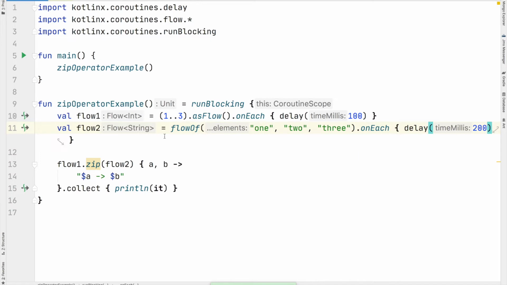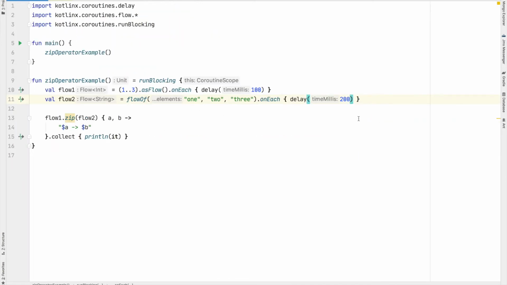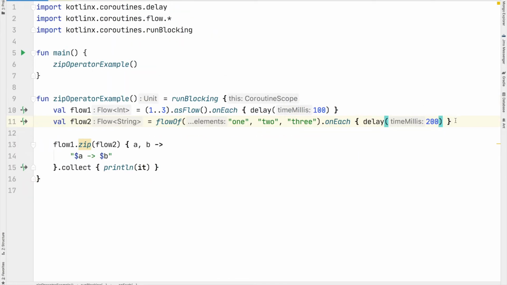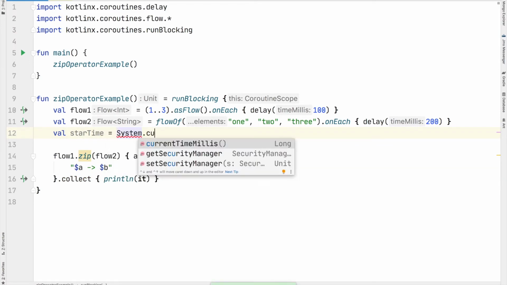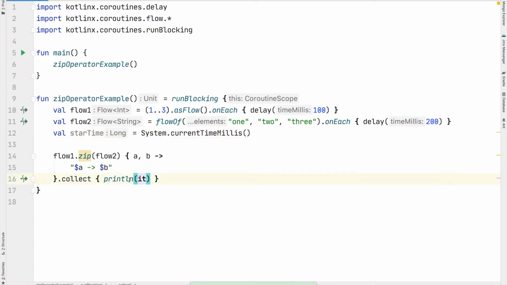Okay, and then I'll also try to print the time it is taking. For that I'll simply add a start time here. I'll use the System function; we have something called currentTimeMillis. So while printing this value, I'll also print the time. Here I can simply print this value, and also the time taken.